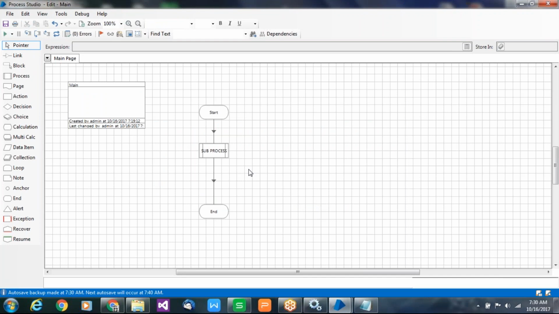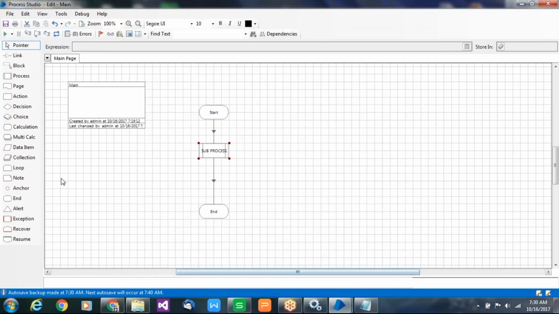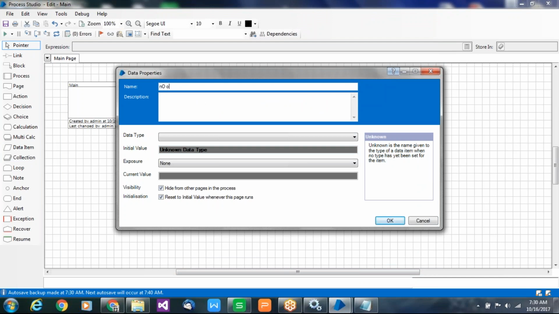Done. Okay, coming to here, whichever the reference stage is, the process is the reference stage. Double click on this, and automatically the name will come here under input. You have to pass the value here as well, through a data item, or manually, not a problem. If you want to pass the number of rounds or iterations, you can do the same.